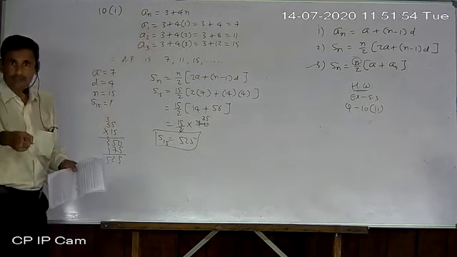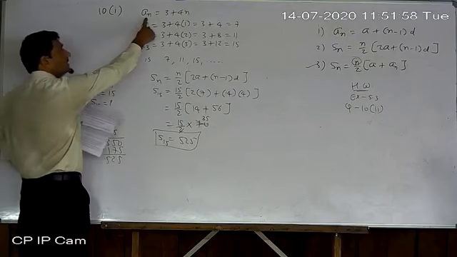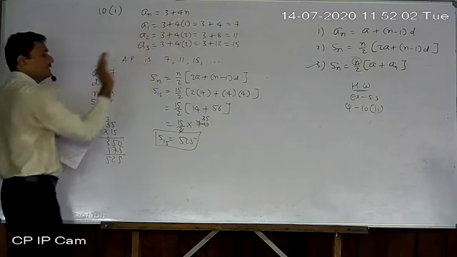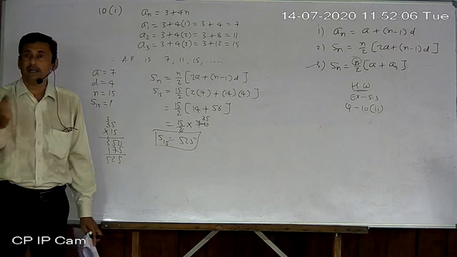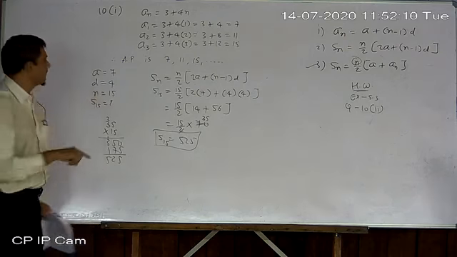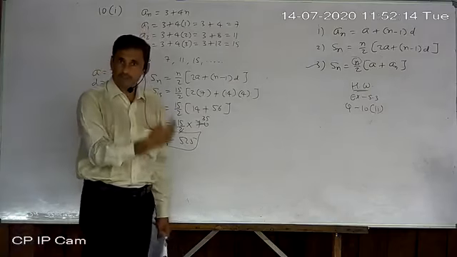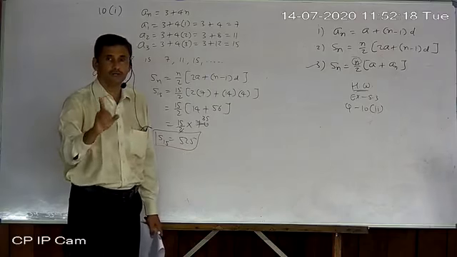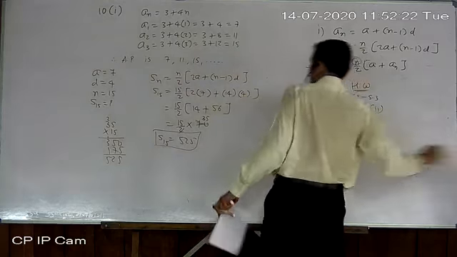Now in the next one, the formula of Sn is given, so we will have S1, S2, S3 only, not A1, A2, A3. So we will not find the terms of the arithmetic progression directly. But we will find the sum of the first term, the sum of the first two terms, the sum of the first three terms, the sum of the first four terms, likewise. So the arithmetic progression we will not have. But first try that, what we obtained.